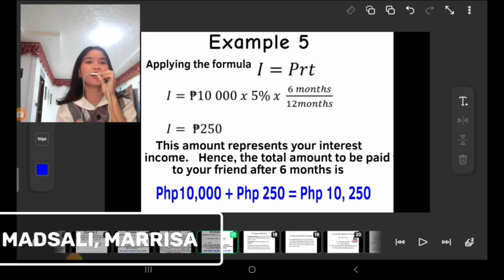First, interest equals principal times rate times time: 10,000 times 5% times 6 months over 12 months. Interest equals 250 pesos. This amount represents your interest income. The total amount to be paid to you by your friend after 6 months is